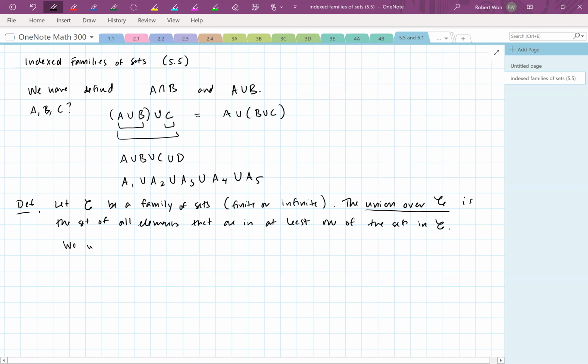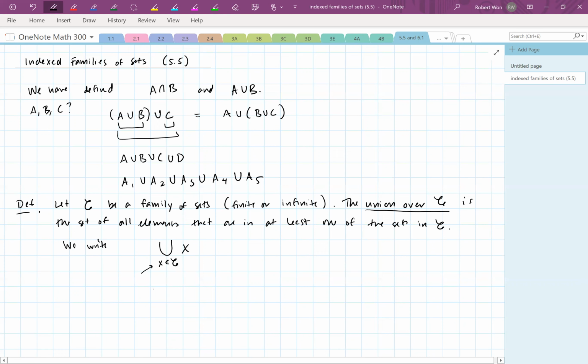We write the union the following way. So we're using a big union sign. And so if I write this, what I mean is take the union of all sets X, where I'm taking X to be in the family of sets C. Okay, so here it's like I'm using a delimiter to say what my union is over. In exactly the same way as when you take an integral, right? You use a delimiter to say exactly what your integral is over, or if you take a sum, you use a delimiter to say exactly what your sum is over. Here I'm using a delimiter to say I'm going to take the union over all sets X in C, and